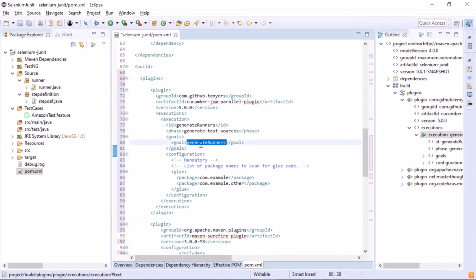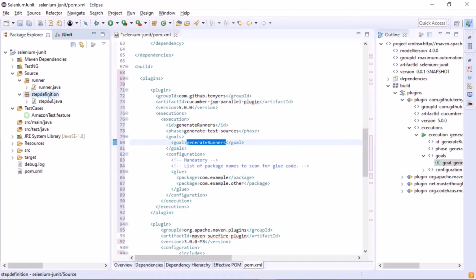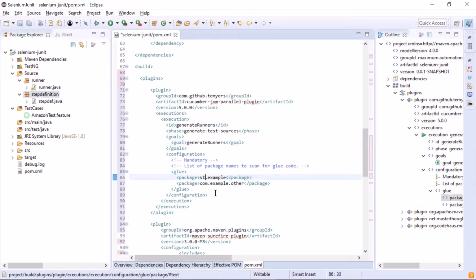So here you can see the execution goal is to generate the test runners. Then we have to provide the package name for the glue code under the configuration section. As we have a step definition package which contains all the step definitions, we'll add the package name over here. In case you have multiple packages for step definitions, then you can provide the multiple package details as well.